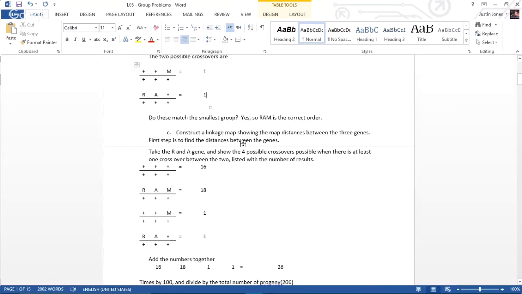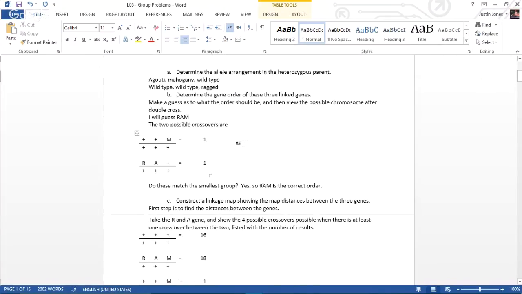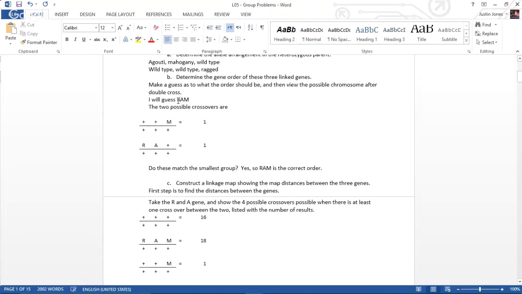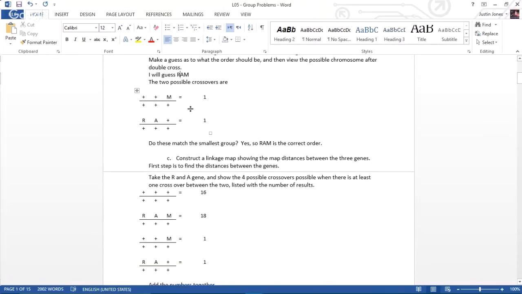Construct linkage. So for this one, what you have to do is take two genes. So for instance, right here, we're going to take R and A, and if there's a crossover between R and A, what are the four possible genotypes? So if you had RAM, the possible ones would be R, wild type, or you could also have a double crossover and you would get R, wild type, M. And then there's also the opposite genes that you'd be crossed over with. So if we start out with our first result,